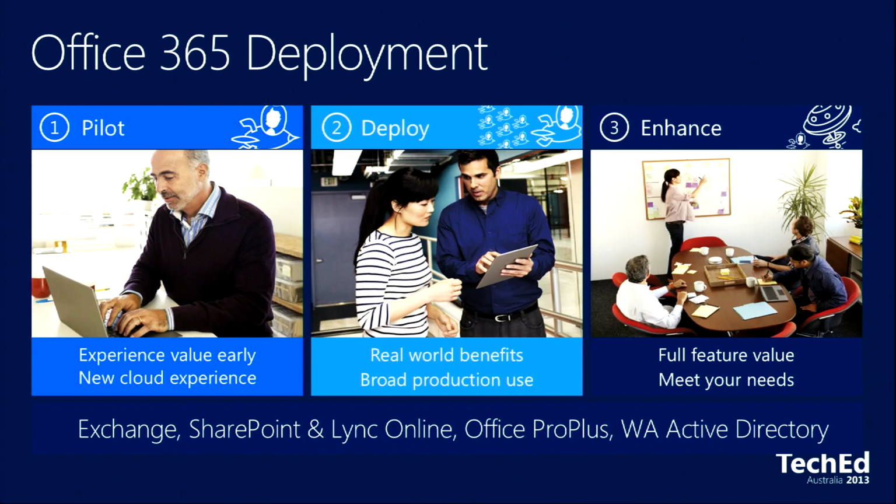So the UPN will need to match the public-facing domain. We won't let you sync a Ben Walters at blah.local. It needs to be a public-facing domain to be that primary UPN, so it'd be something you'd need to look at. So essentially to do that, you'll need to have that UPN change. Now, you'll still have your users logging onto their machine with their domain credentials. That's fine. It's just when they start to log into the service, they'll be using an email address.